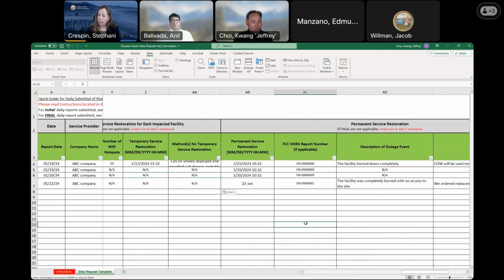If we do not have a permanent date, will it be considered an initial report? I think the question is about putting a site back online or back on air. We understand that you're not going to be submitting a daily report for months and months until something's back on air. So Jeffrey, when there's a temporary solution, can you explain what you want to see in the report then?